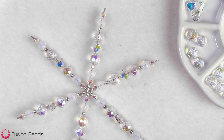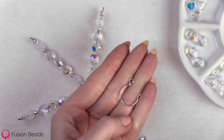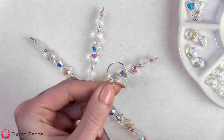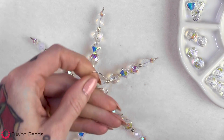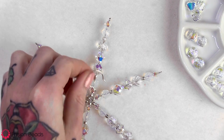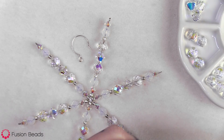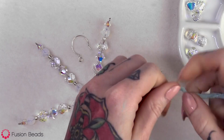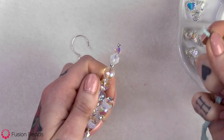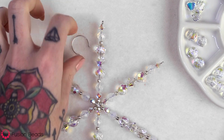And now to end it, I'm just going to be adding an ear wire here. And this just makes a good hook. You hook on a tree. You can use it to hang in front of a window or anywhere you really want to have these snowflake forms. But you can also add ribbon or cord to the tops as well. So to do that, obviously you would just thread whatever cord you would like. Just thread it through the loops. And you can also use that for the top of your snowflake form. But I'm just going to add